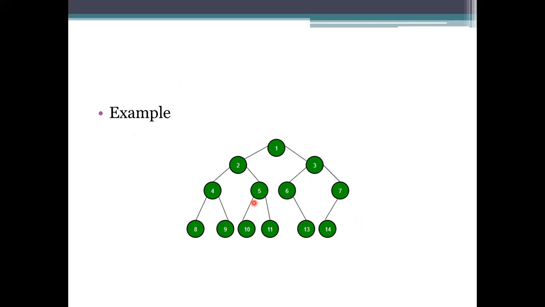It does not follow any rule like the root being a maximum or mid element, with the left side holding lower values and the right side holding higher values. It's not like that. We just add the values and process them. It has two children only, a left child and then a right child.